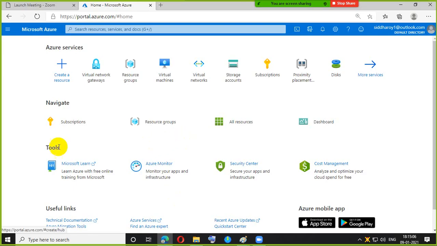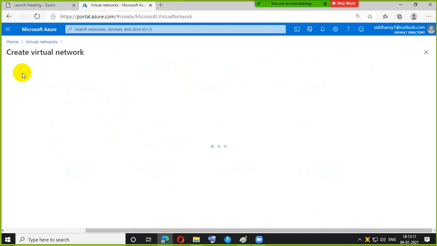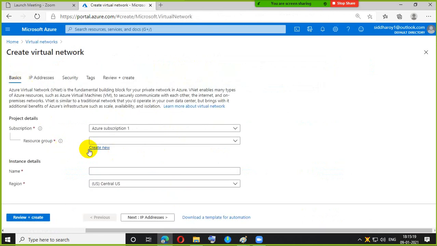First I'm creating one virtual network. Here are a couple of things we need: the virtual network, okay. Next we need a gateway subnet.